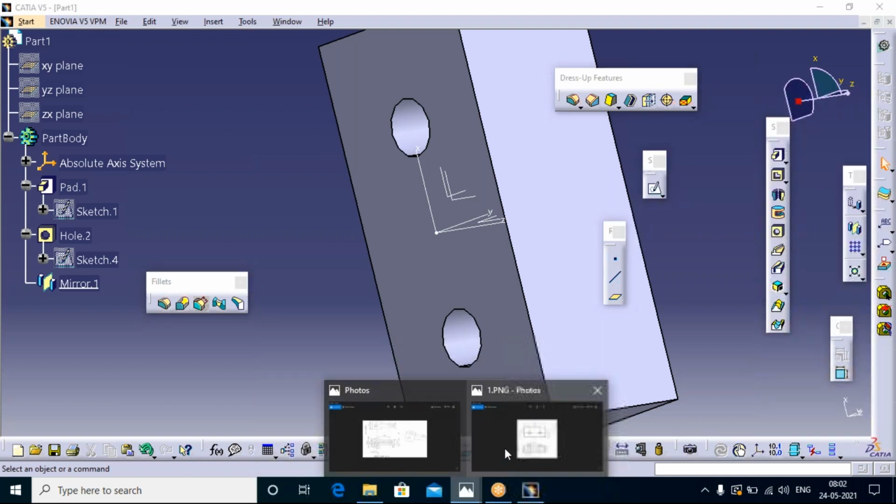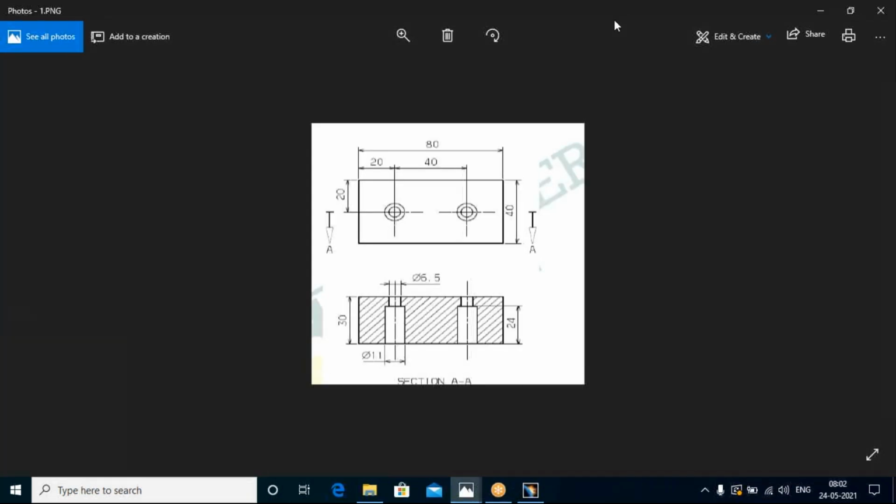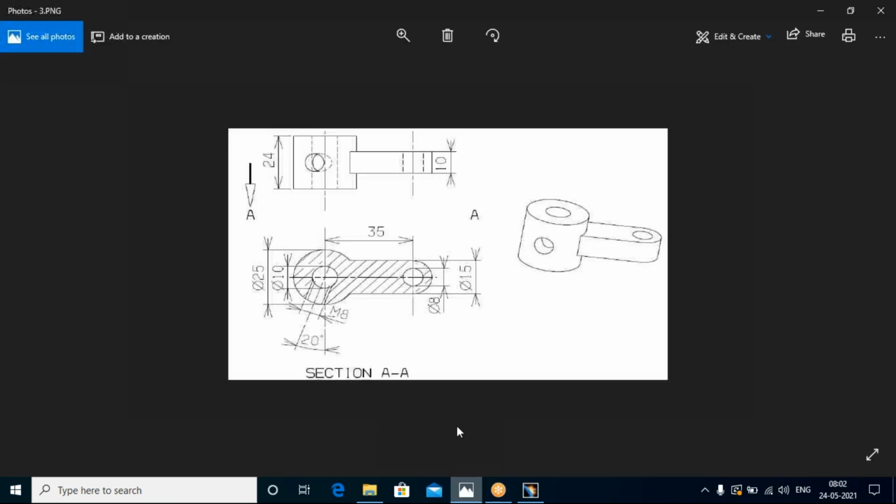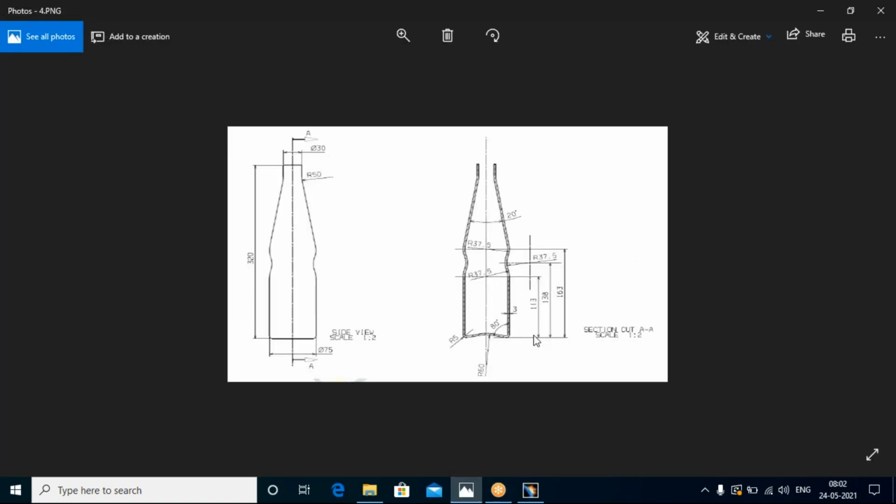Let's see what is exactly here. So this fourth one is nothing but a bottle. Okay. So no need to worry about the dimensions. All you need to do is just create half of the portion. After creating half of the portion, you can offset and then mirror. Okay. For example,